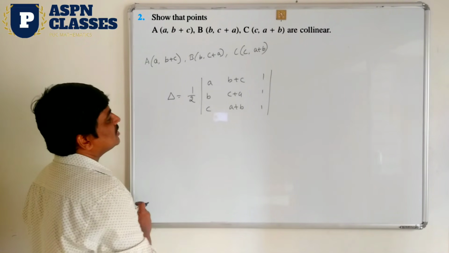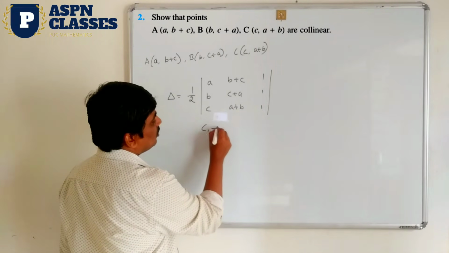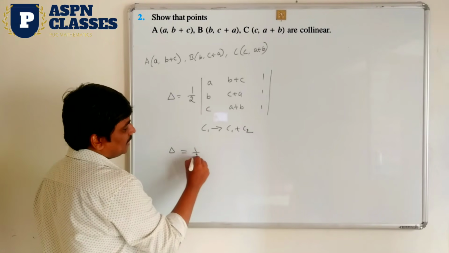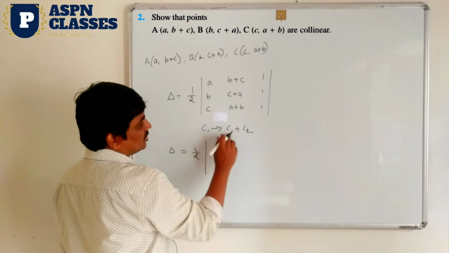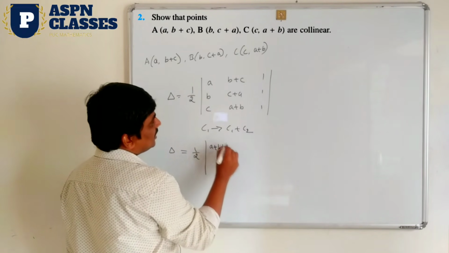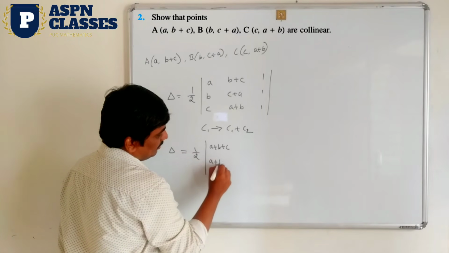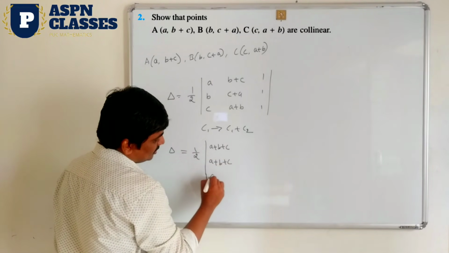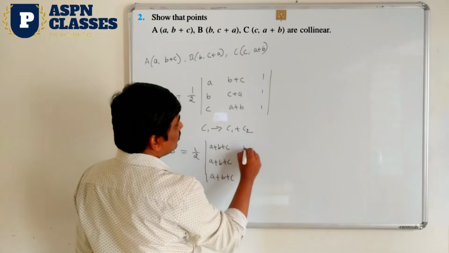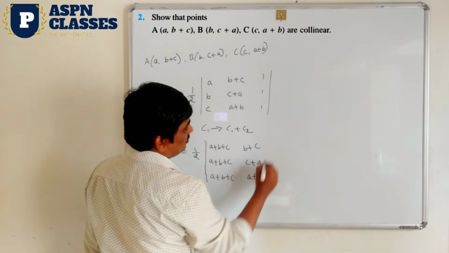So I am going to use this property, adding these two results. It means C1 operation with C1 plus C2 I am going to take. What is the answer happening? Observe here, 1 by 2 into bracket C1 plus C2. So I have to add these two results. It means what is the answer? A plus B plus C is the answer. Again you add here, A plus B plus C, and last result also A plus B plus C only. So remaining 2 columns write it as it is, B plus C, C plus A plus B. Here 1, 1, 1.